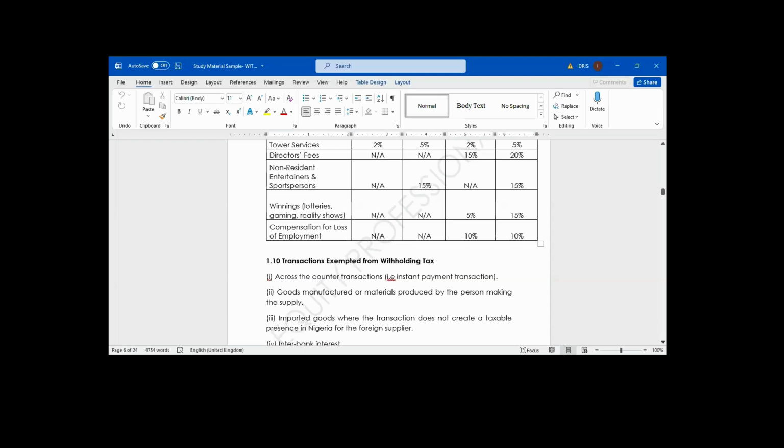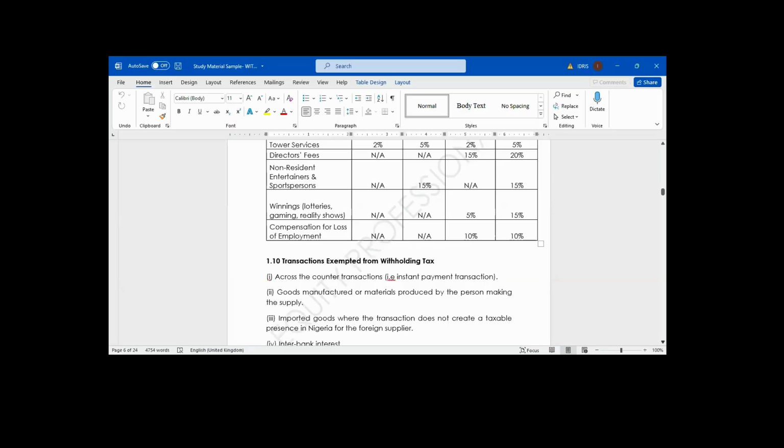If you go to some big organization, corporate body in VI, Victoria Island, before they pay rent to their landlord, they deduct withholding tax. And their landlord too is aware because their landlord too is educated. But don't go and try it with your landlord in the house you are living in. It will increase your rent. It may give you quick notice or increase your rent. That is what the law says, but we are not doing it. But I believe there will be a time where there will be enforcement regarding that.